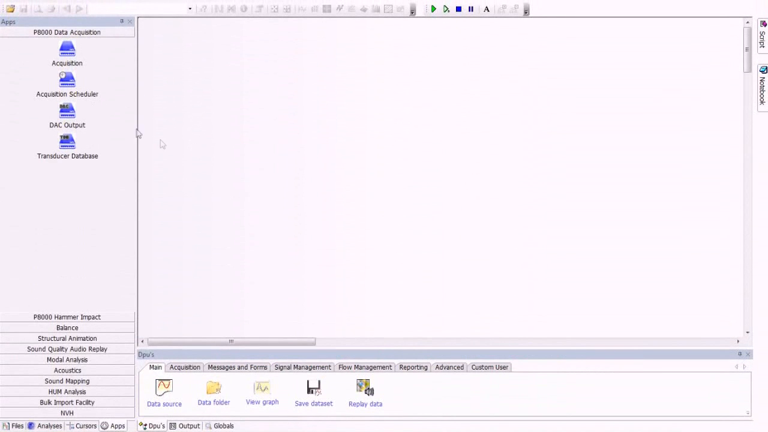Hello. Today I'm going to show you how to use the Acquisition Scheduler program to schedule data captures at specified times of the day. So first off, we need to create the setup that we want to use. So if we run the acquisition software,